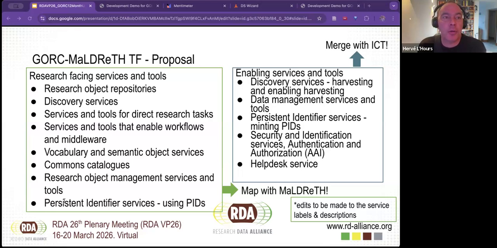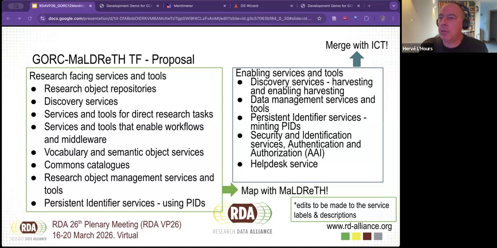So I need to go back through the Maldreth and have a look at how that looks at tools in terms of an IT service management perspective as well, and what that would link to. In terms of adopters, I'm trying to be aware that I'm going to take a very repository perspective, as might Francoise. But national infrastructure service providers might take a step back and see a bunch of researchers and a bunch of repository people as roughly equivalent data jockeys pushing objects through a life cycle. So I think that's another perspective to think about in terms of how those major national service providers think about all of this provision.